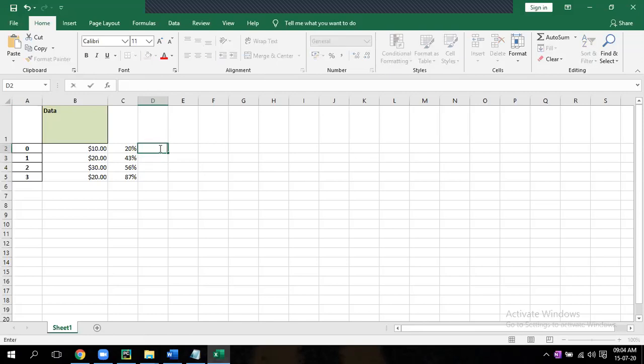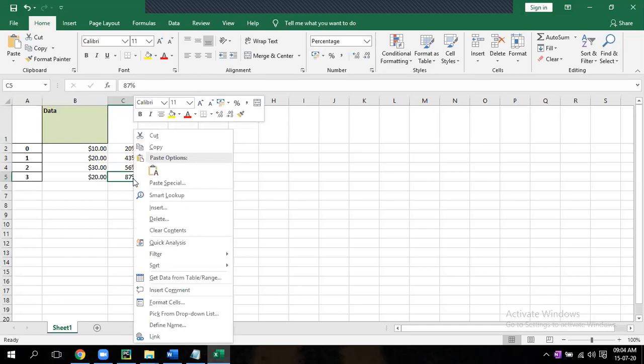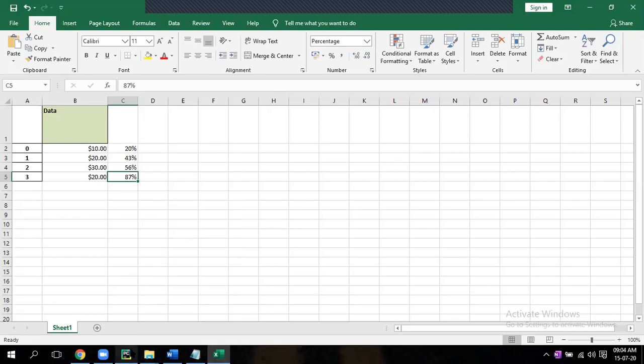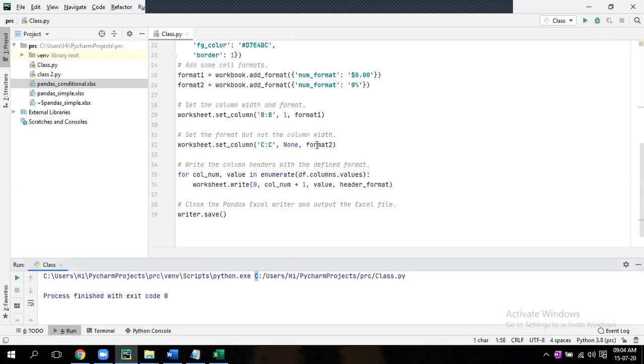We have only written B and C. Suppose you want D also, you can write D and give some format, it will also apply. Now go to code.